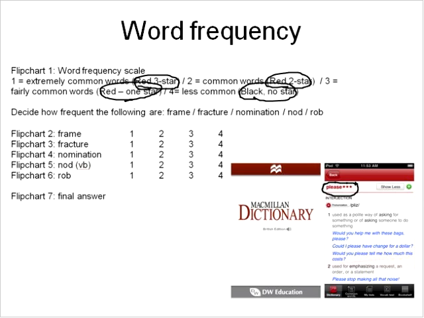So frame, it would really depend on if it was a noun. If it's a noun, it's a 2-star word, and if it's a verb to frame, then it's a 3-star word. The black word is fracture. Nomination is 2 stars, and nod as a verb is the most frequent, it's 3 stars. And just to finish this off, rob as a verb